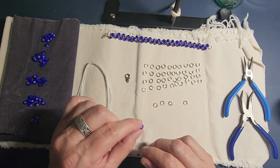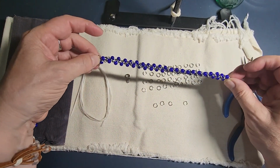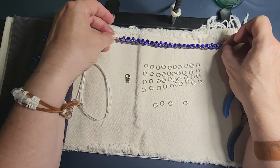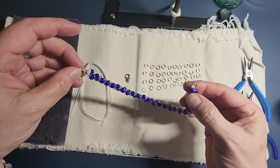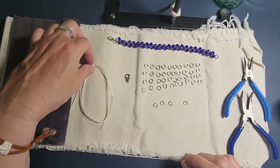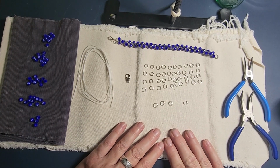So we've got 45 of our beads we're using for the main portion of the bracelet. There'll be 42 of the jump rings, plus 2 more jump rings for each end of the bracelet as well. One connected to the lobster claw, and an additional one at the other end for the closure. Alright, and also we'll be using white wax linen, and this is 4 feet long. And the tools we'll be using will be